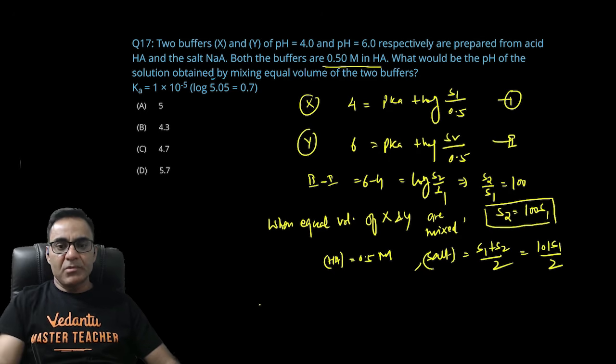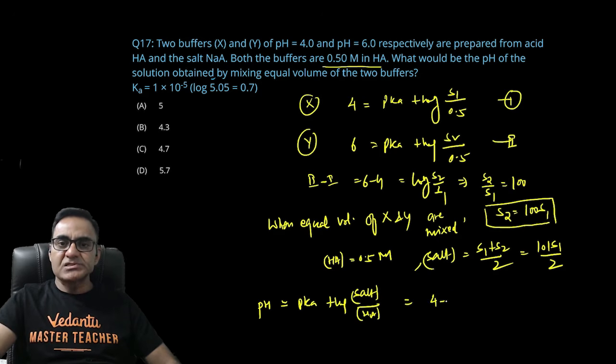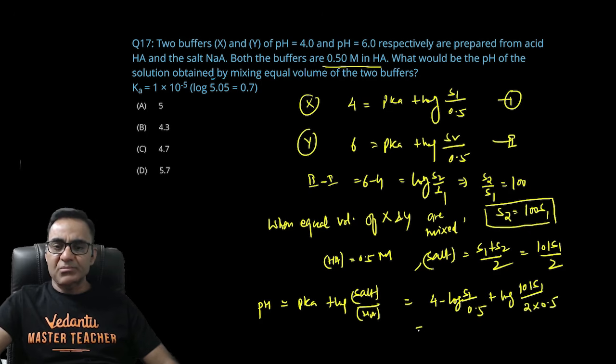अब आप मिक्सचर का pH लिखोगे तो अगेन सेम फॉर्मूला, pKa प्लस log सॉल्ट अपॉन एसिड। pKa को फर्स्ट इक्वेशन से उठा लो, 4 माइनस log S1 डिवाइडेड बाई 0.5 प्लस log 101 S1 अपॉन 2 इंटू 0.5। अब जब क्लब करोगे ना S1 कैंसिल हो जाएगा, तो ये वैल्यू 5.7 आ जाएगी।